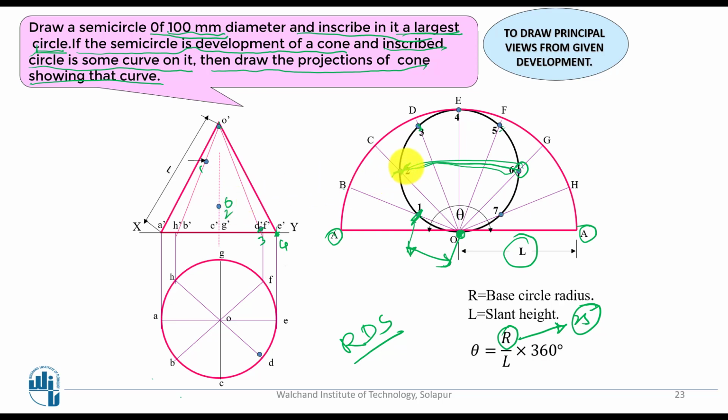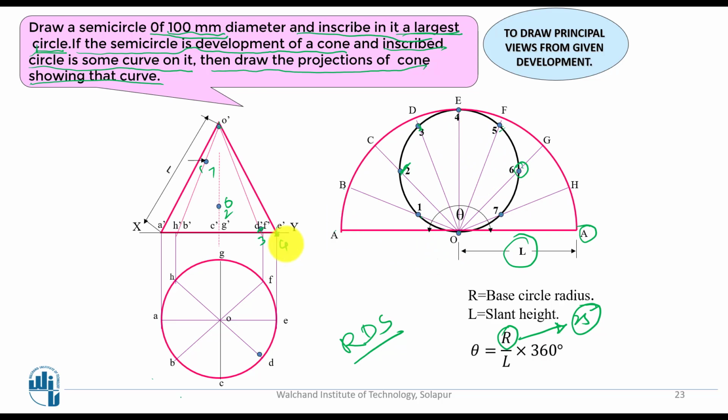And similarly if you go for the 3 point, this is 5. Wherever 3 is there, here 5 points will come, and this is a 1 point, here you are going to be getting this particular as a 7 point. Wherever 1 is given, there you will get a 7 point. So like this you are going to be getting some of the points on the front side, and the remaining points on the back side.